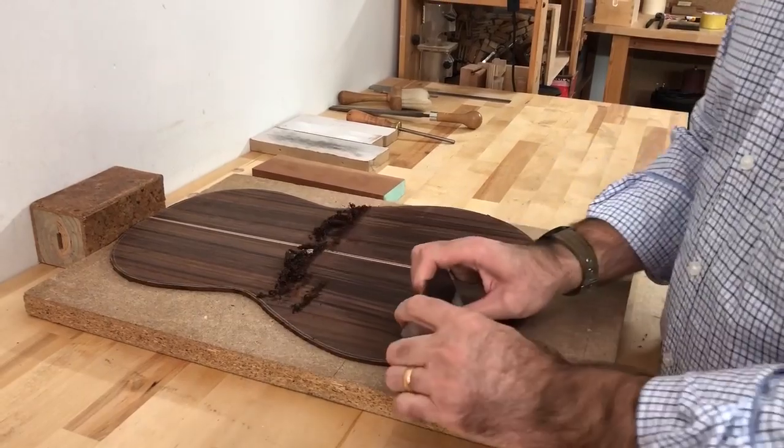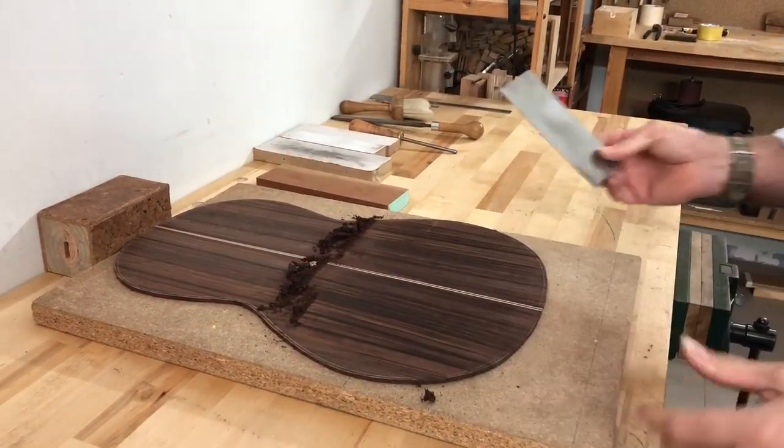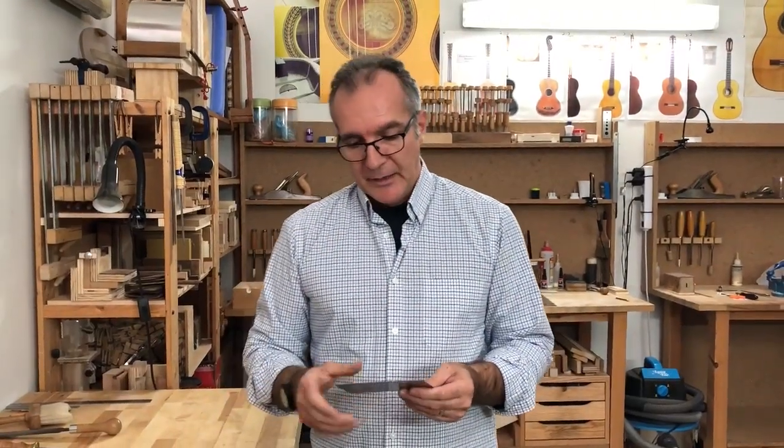So you can see how this is a very simple process, but it's very important, because I often find that my students say to me, "Oh, Pablo, how do you do this? Because I've been fighting with the scraper for years and I just cannot get a good edge." But hopefully this will show you how simple it is and how